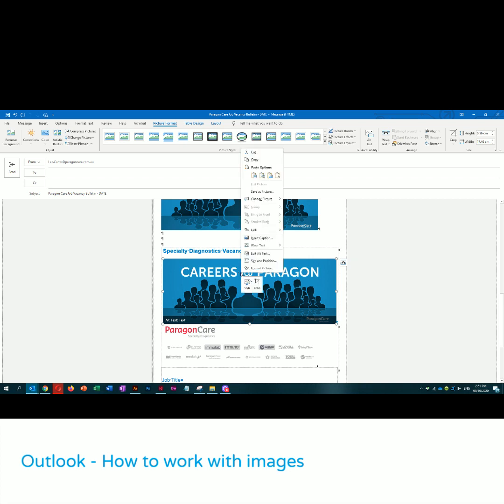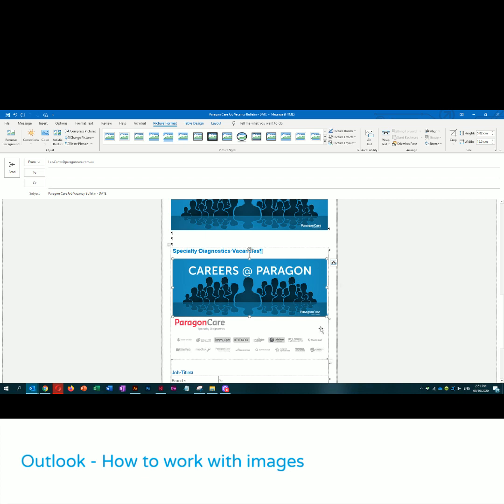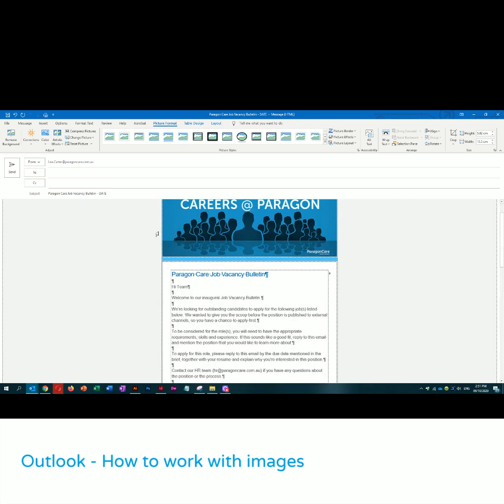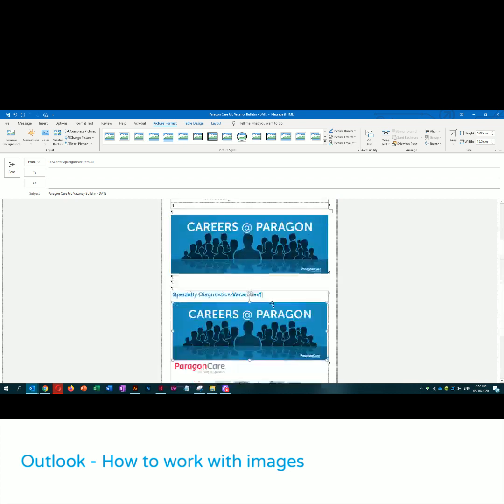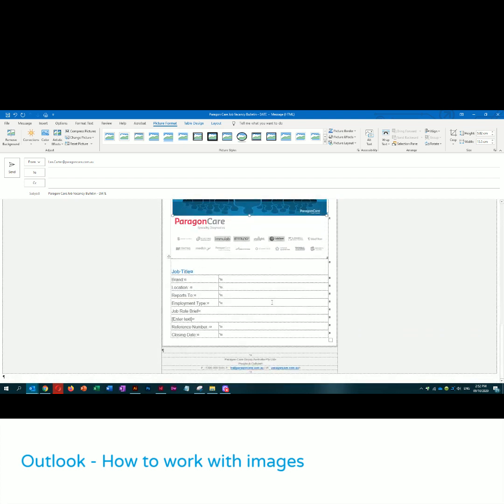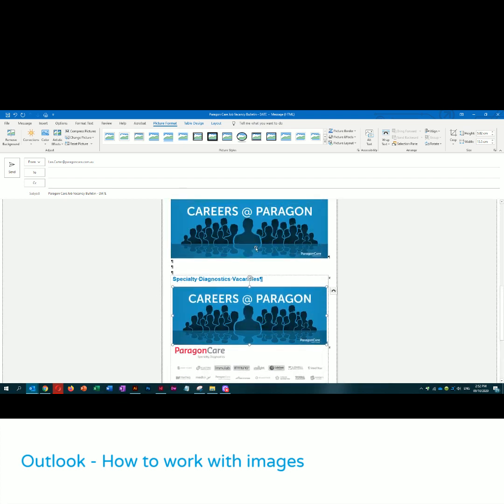Right click on the large image, Size and Position, Absolute, highlight the whole lot, type 15.5, hit enter, and it automatically resizes it and adjusts the template table width accordingly. So that's how you can make sure that you maintain the width of your emails